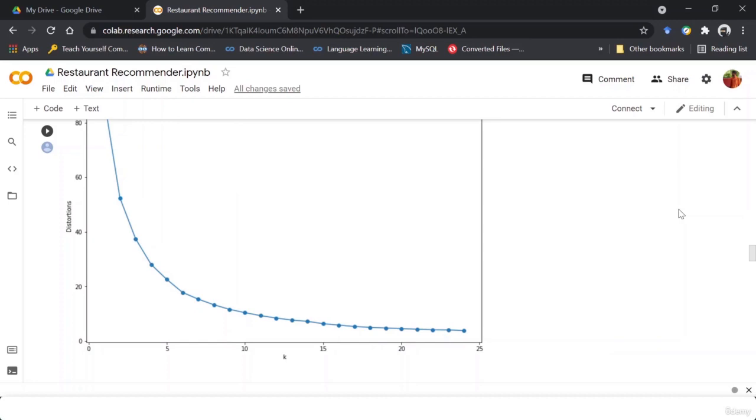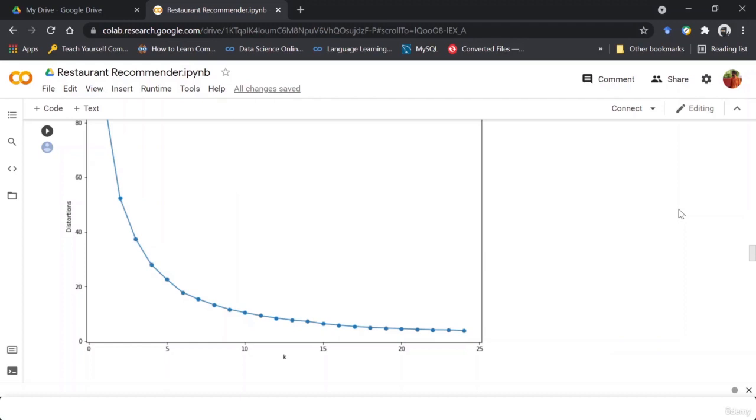So distortion is actually the calculated average of the squared distance from the cluster centers of the respective clusters. Meaning, let's say there are four clusters. Cluster 1 has center 1, and similarly clusters 2, 3, 4 have centers 2, 3, 4. So I'm taking the distance between 1 and 2, then 1 and 3, then 1 and 4.